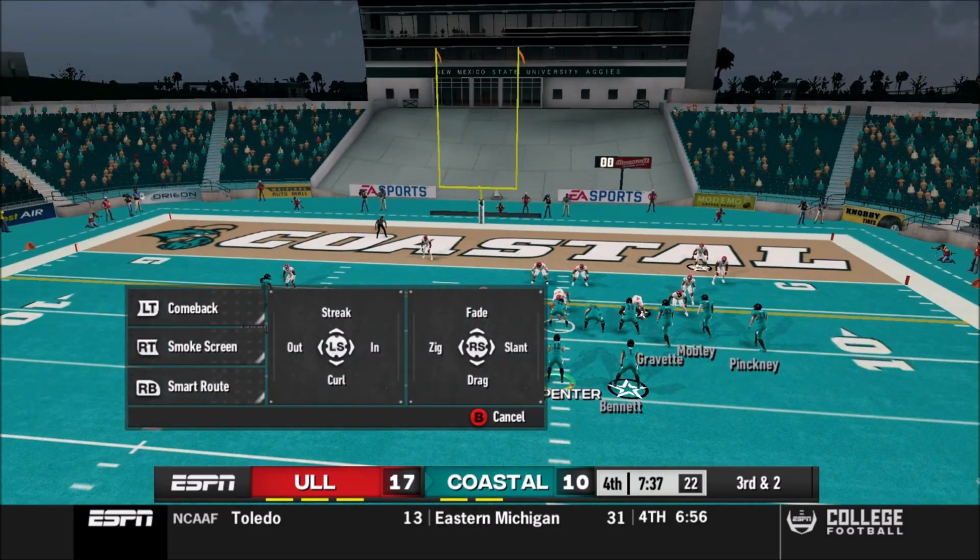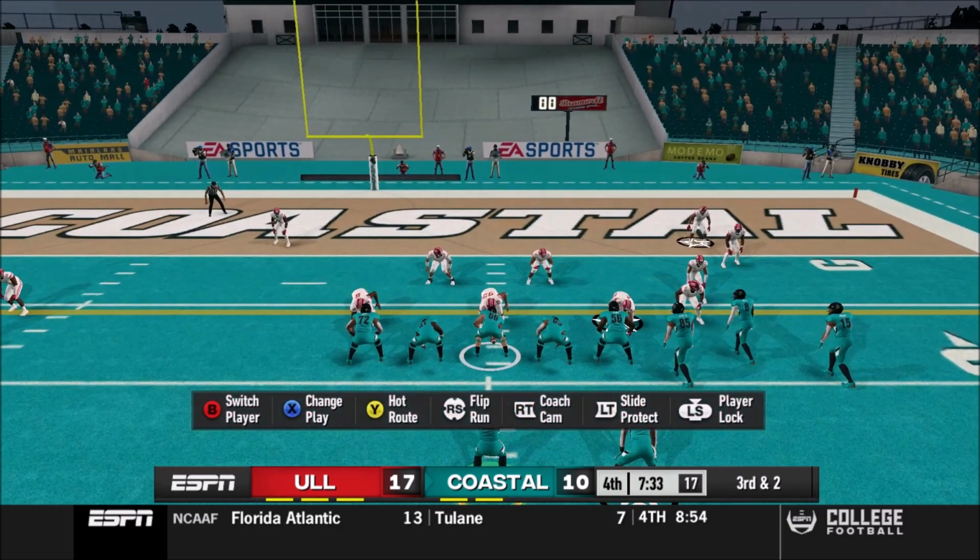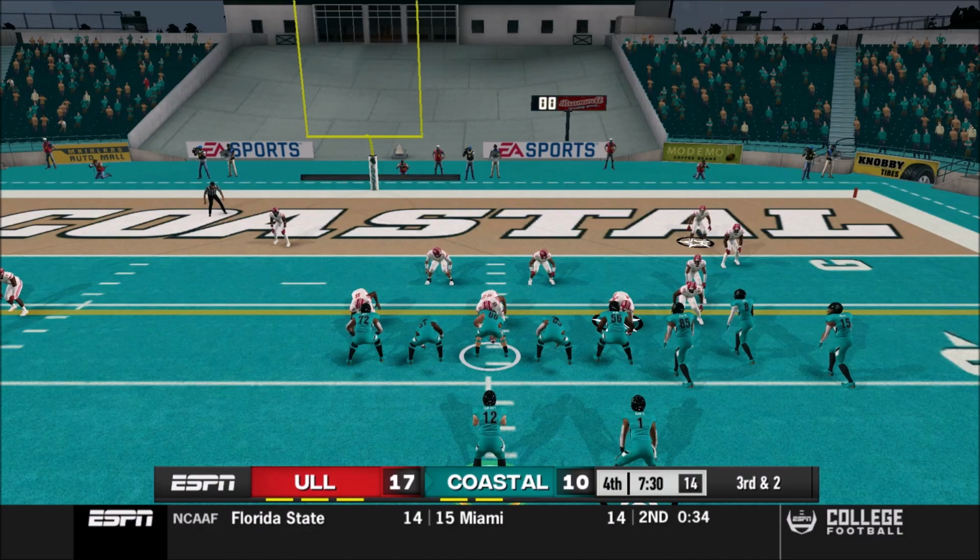Right 2. Let's go. Check, check. Box 2. Box 2. Check, check. Box 2. Box